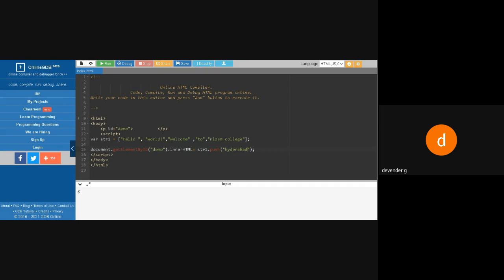Now let me try to print this one by giving a special character like this, or I'll be writing document.write one more time.